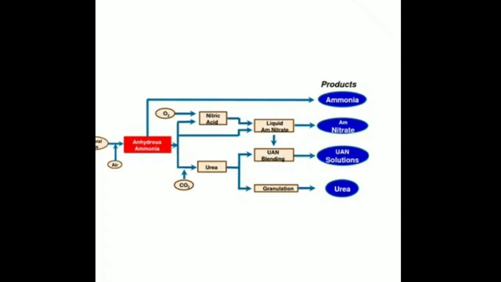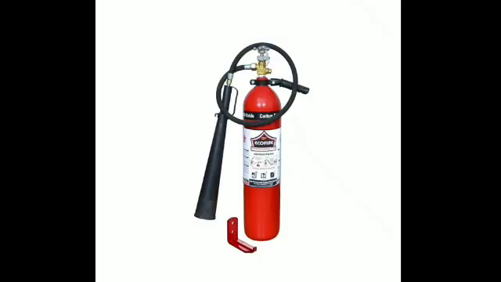Now it is also used in the manufacturing of fertilizers, that is the chemicals which are used to fertilize the soil or increase the fertility of the soil. Carbon dioxide is heated with ammonia at 200 degrees Celsius and very high pressure to produce urea. This is the process by which urea is prepared, and urea is an important nitrogenous fertilizer and a very common fertilizer which is used to increase the fertility of the soil. Is it clear?